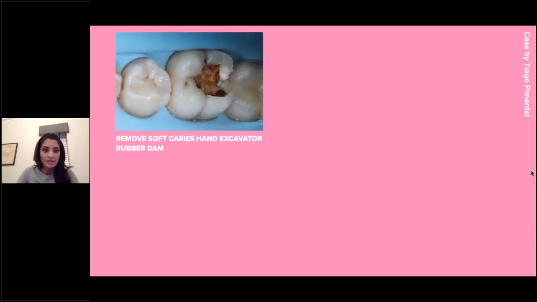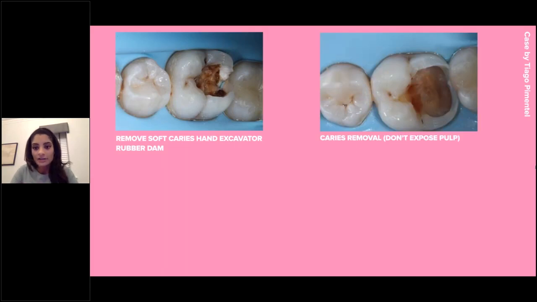So what they initially do is remove any soft caries with a hand excavator. Once that's done, they put a rubber dam on. So you can see here, this is still very carious, but all the very soft, significant amount of caries has been removed. After the caries has been mostly removed, they make sure that they don't expose the pulp at this